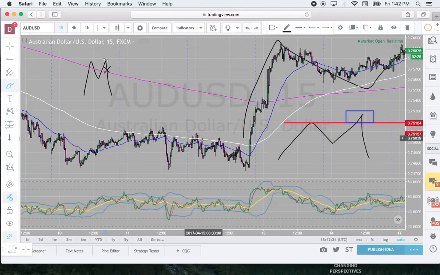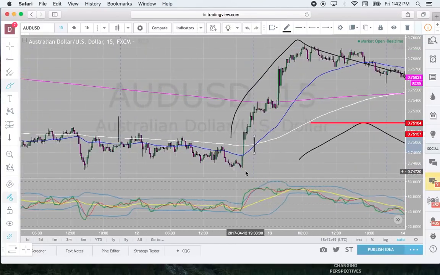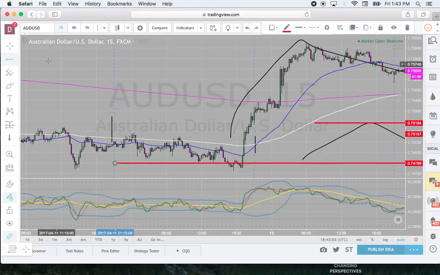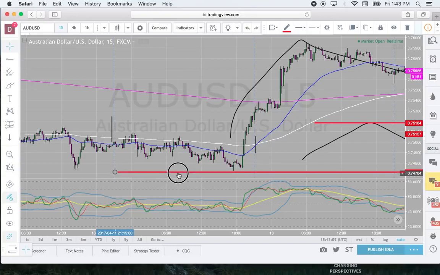Okay, so we can see right here's a perfect example. Here's the beginning of the day. Here's the end of the day. Okay, market makers or the dealer came down and he created the first leg of the W off of the low of the day. Okay, we can see there was a previous low right here, right? And then the dealer came off of that low, broke that low, and then created the new low